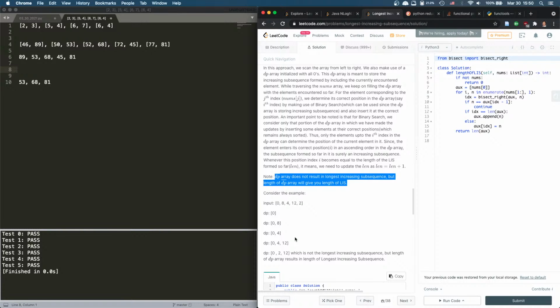And every time we encounter something smaller, something that's inside the DP array, you just swap it out because it doesn't hurt, right? Because it does not hurt. Because when we swap out, it's already in there. So we swap out, and if we keep going on,